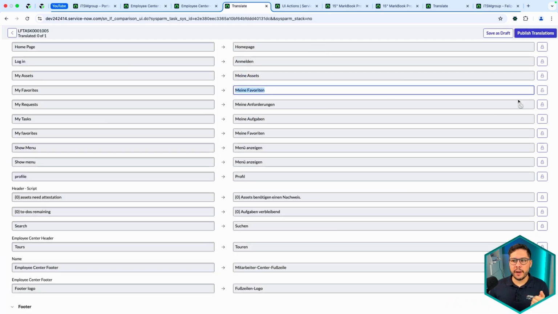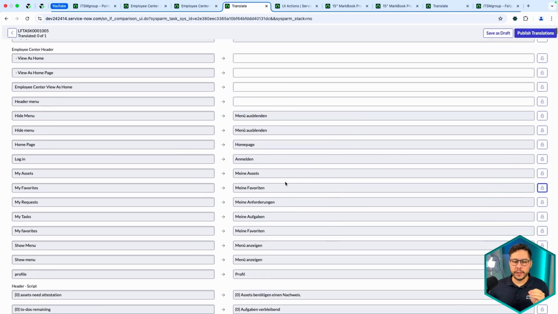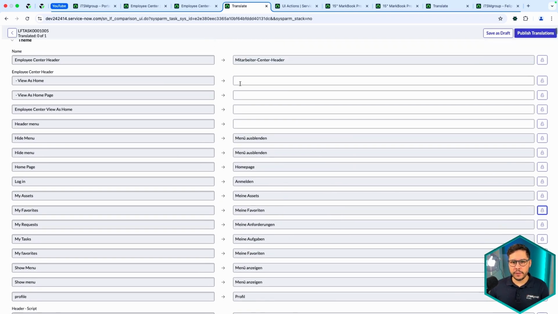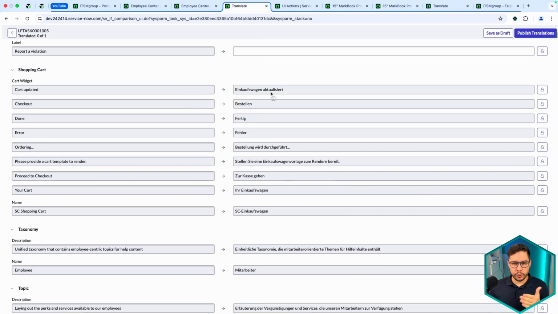and then you can do your changes in here. After you're done, you can simply lock again. But this here is only so that you can easily see what is missing. So everything that is blank is missing, and then you need to manually translate, or you can simply ignore those, or you can always save as a draft and publish the translations as you go. You don't need to do everything at once, you know? And this is the most important thing.